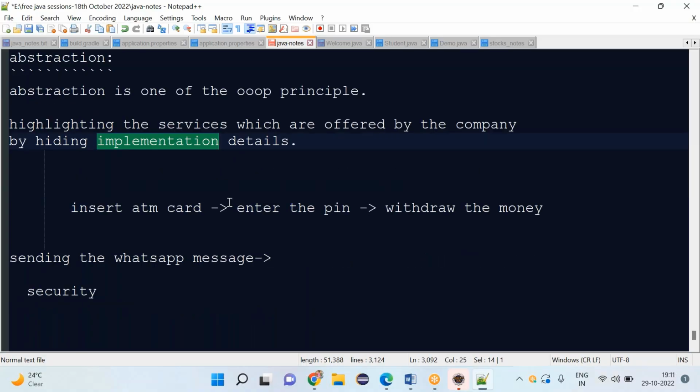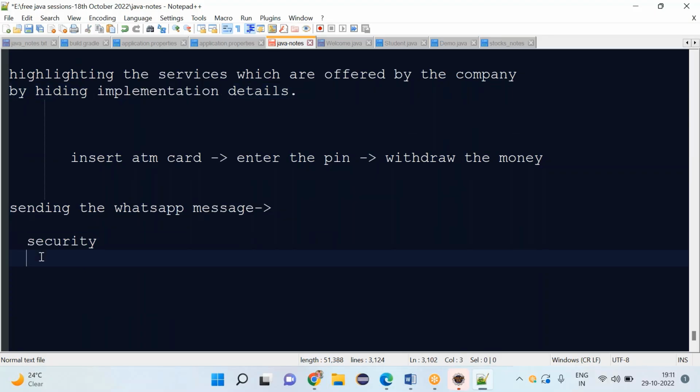Because of that, obviously we are getting security as the benefit. Not only security, enhancements. Enhancements means what? If you want to make any changes in the existing code, it is very easy, because whether you are observing or not,